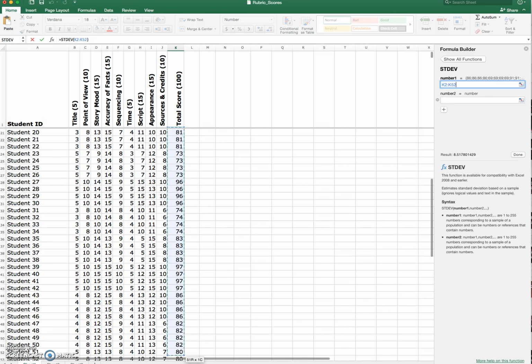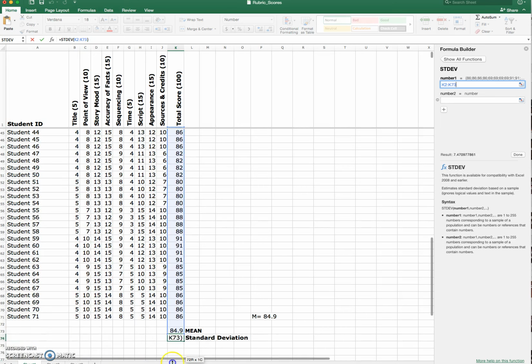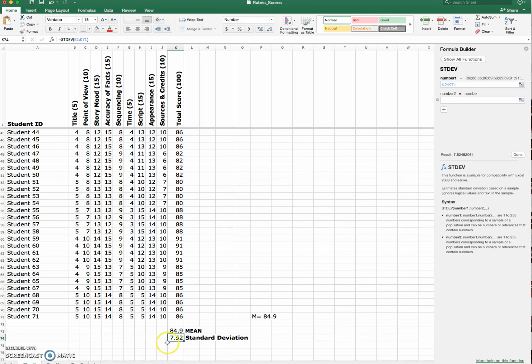I pull it down, and that's my range of my first number, okay? And that's actually all I need, okay? I can now say done, and my standard deviation is 7.52. Typically, you do go maybe to the second digit. I don't think you have to go to the third, or even that mean if you want it,